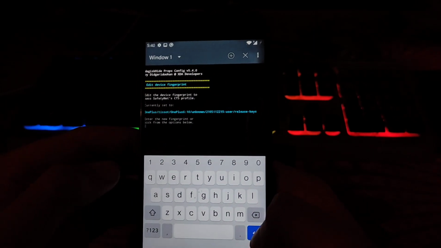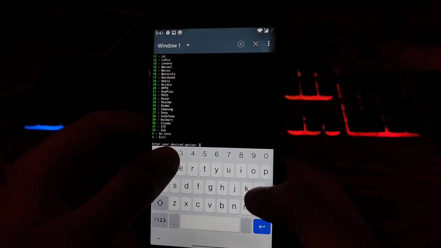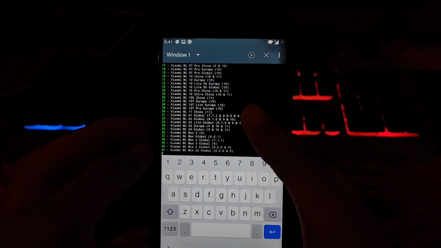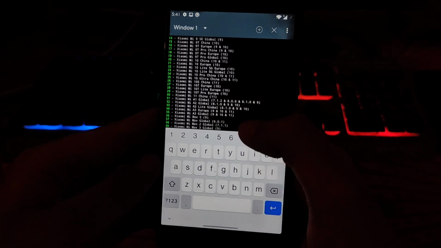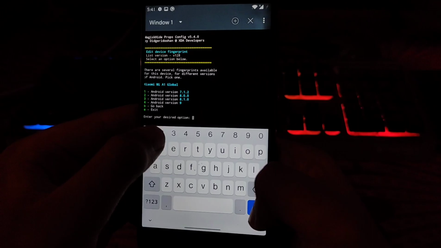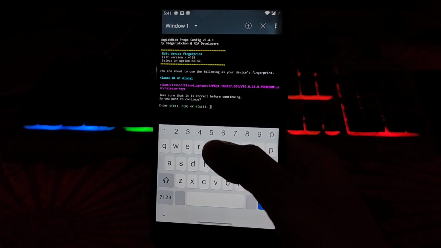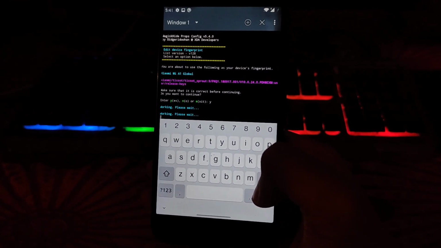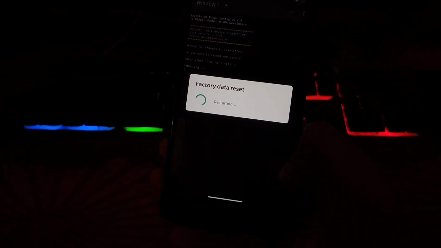So guys, now we have to select first option, edit fingerprint, pick a certified fingerprint, so Xiaomi, Mi A1 global. And we have to select fourth option, Android version 9, Pie, fourth select, reboot, yes, again yes, ignore this factory data reset, ignore this.